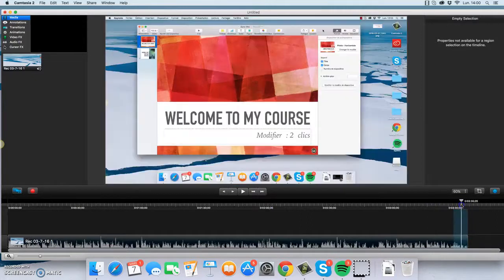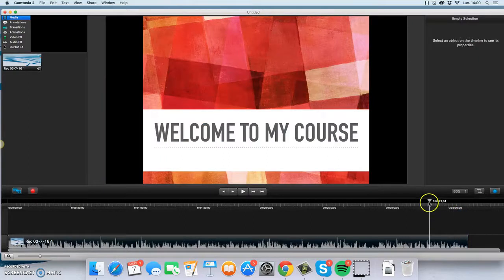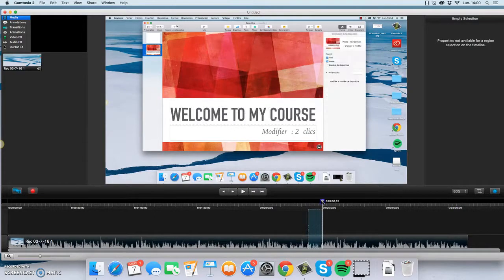And the way you do this is you simply select a part of the timeline by keeping the tab key pressed, and selecting what you want, and then just hitting back. But it's going to look different on whether or not you're using Camtasia for Mac or for